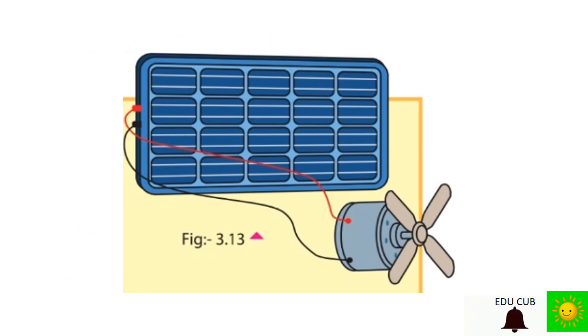Connect the terminals of the electric motor to the terminals of the solar panel. You have to check the terminals of the solar panel because there are positive and negative terminals in this type of solar panel also. Expose the solar panel to the sunlight. Change the terminals of the solar panel and connect them to the motor. Then see the direction of the motor, the fan of the motor.